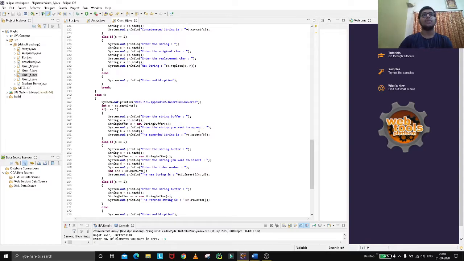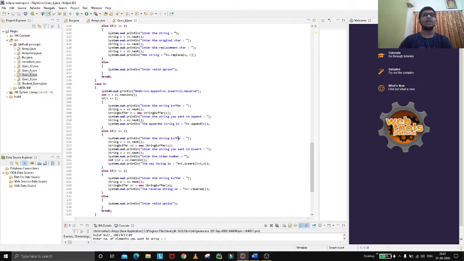If you provide another string, it will append to that same string. Like if you provide Rajasthan and Jaipur, if you provide the string buffer Jaipur and then Rajasthan as the string you want to append, it will give Rajasthan Jaipur.